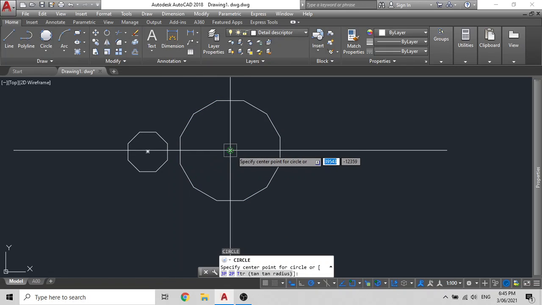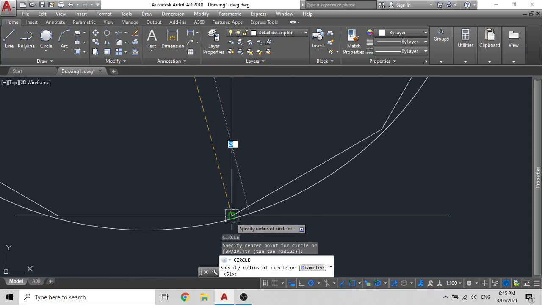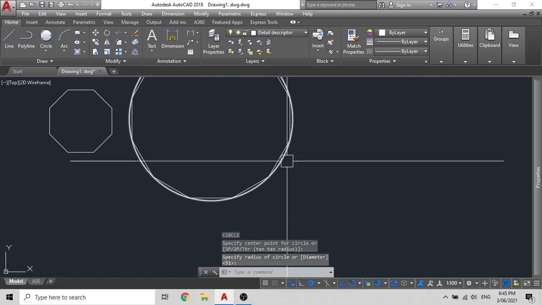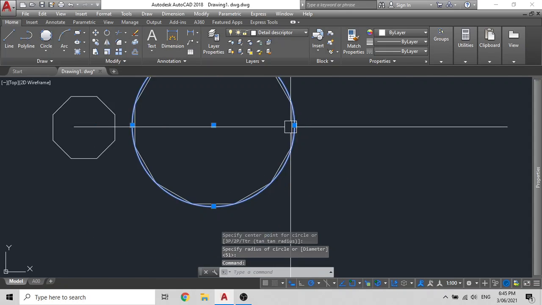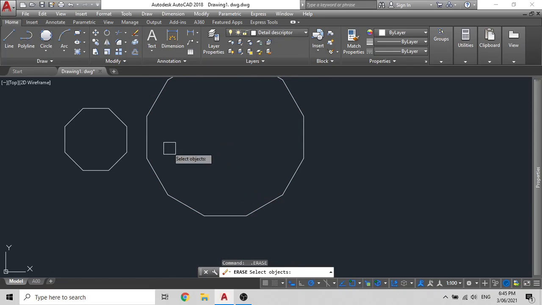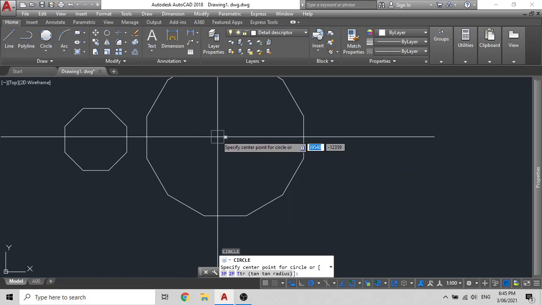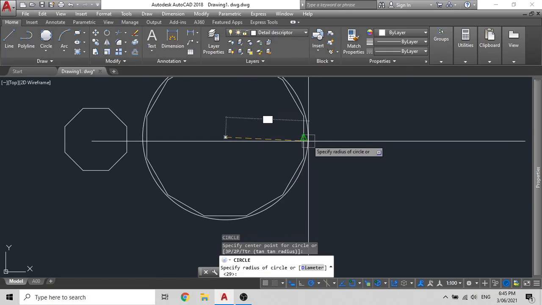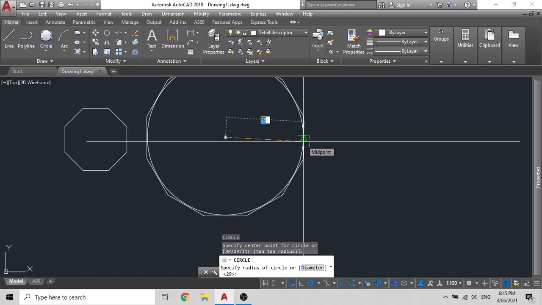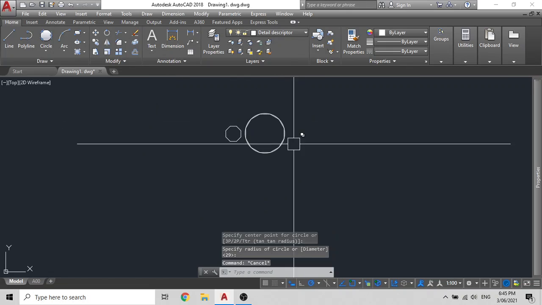Now when it says inscribed or circumscribed, this is inscribed, this is circumscribed. This is inscribed, sorry. It is inside the circle. And this is the other option. This is the inscribed. And this will be a circumscribed. As you can see, it's outside.